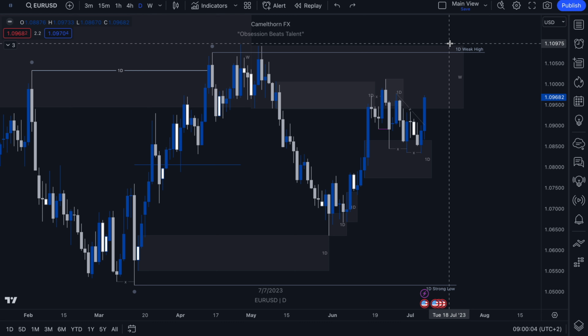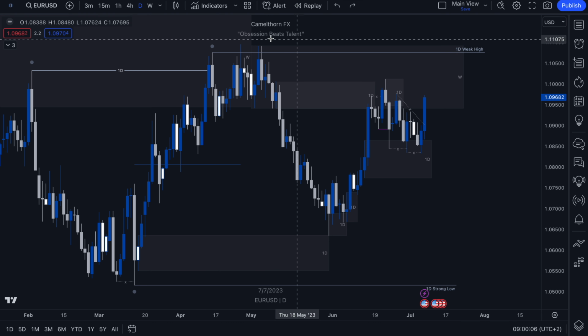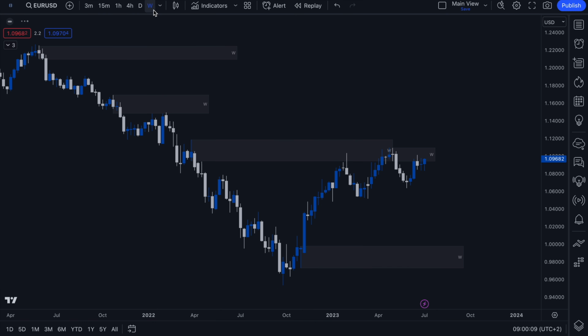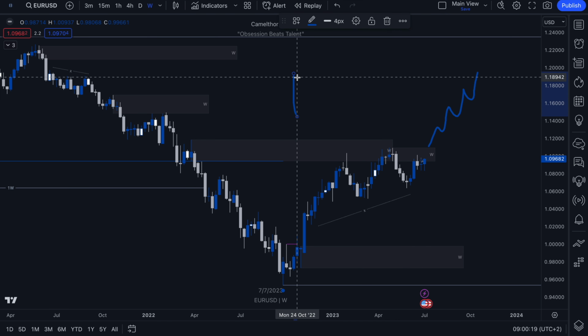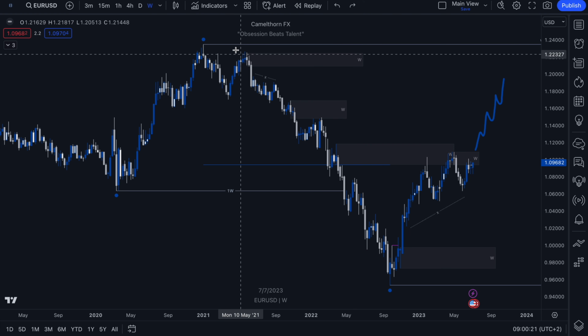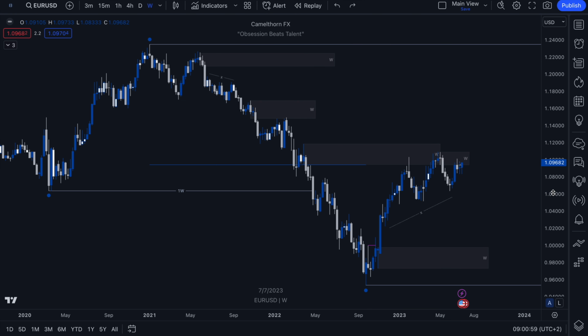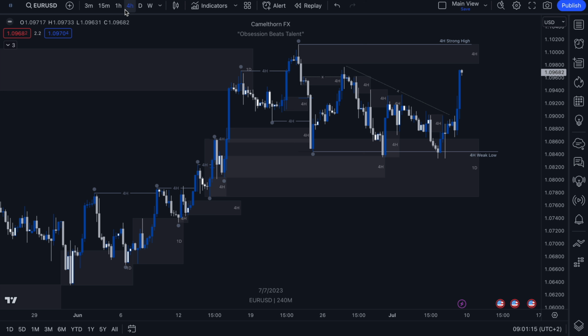All right. And then obviously a violation of the daily weak high would then signal a much deeper pullback into premium pricing of our weekly range. So it definitely looks like there is potential for some prolonged bullish price action here on Euro USD. In the immediate future, however, our 4-hour time frame is going to be very critical in determining whether or not we see that prolonged bullish period,